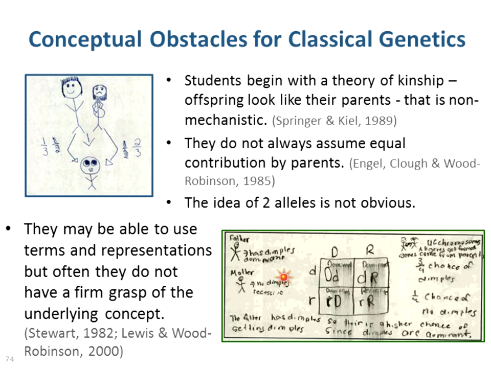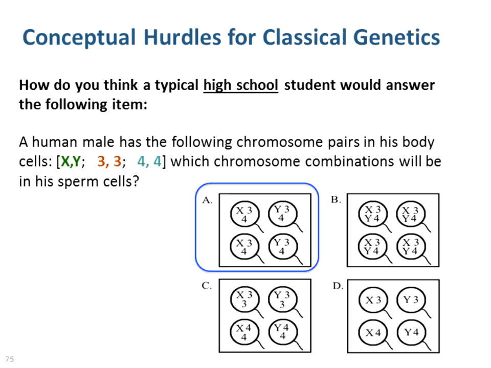So this is something that we need to be aware of, that sometimes students can look like they're understanding when they're using these representations and not really understand it. And one of the questions that came up earlier is, how should we be teaching meiosis in the middle school? Well, the answer to that is really input-output. You have a whole set, and then you end up with half a set, and let's focus, if at all, on the steps. And we'll get back to that in a little bit.